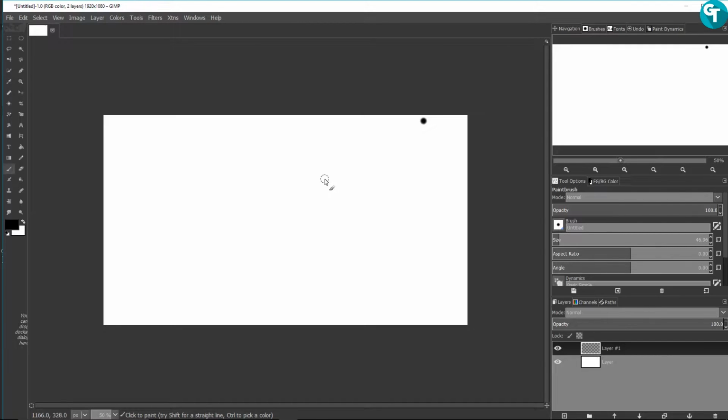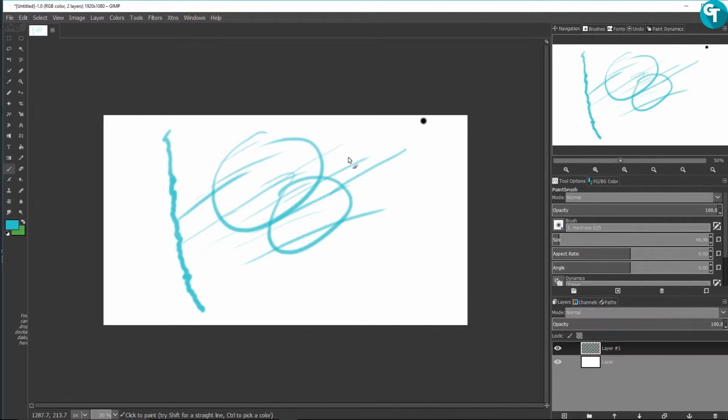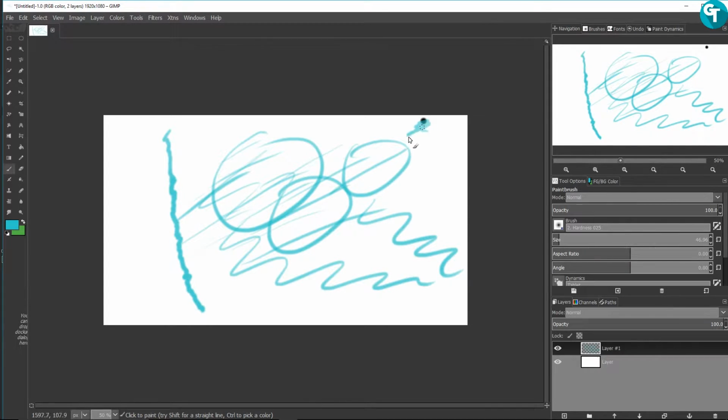So let's go ahead and get started in here. I'm just going to go ahead and show you how the tablet works. You can get precise lines going on here. I'm also going to show you guys, I don't know if this is necessarily a fix, but this is how I fixed it. Before, when I was drawing, or even with my mouse, I'd try to draw a straight line and I'd get all these little squigglies in the straight line, just like that, and I fixed that. I figured out a fix for that, just playing around inside of Gimp, and now I can draw nothing but smooth straight lines, and it works very, very well inside of Gimp, and it works just like it does inside